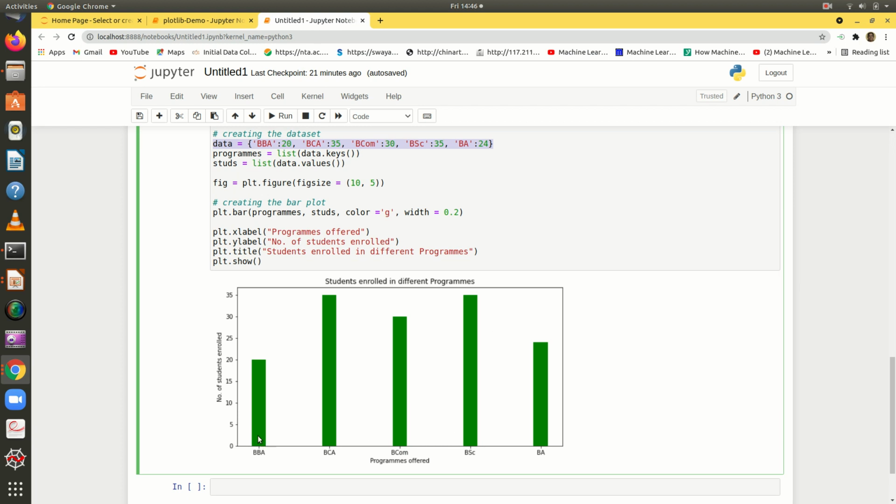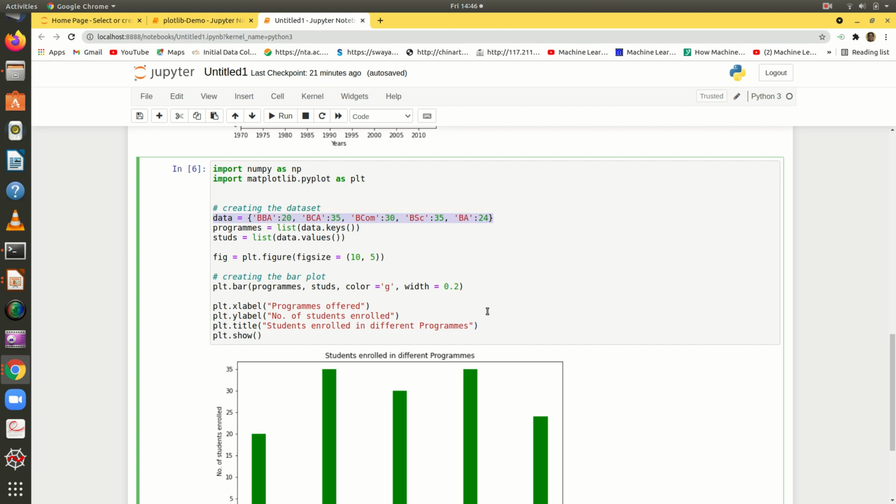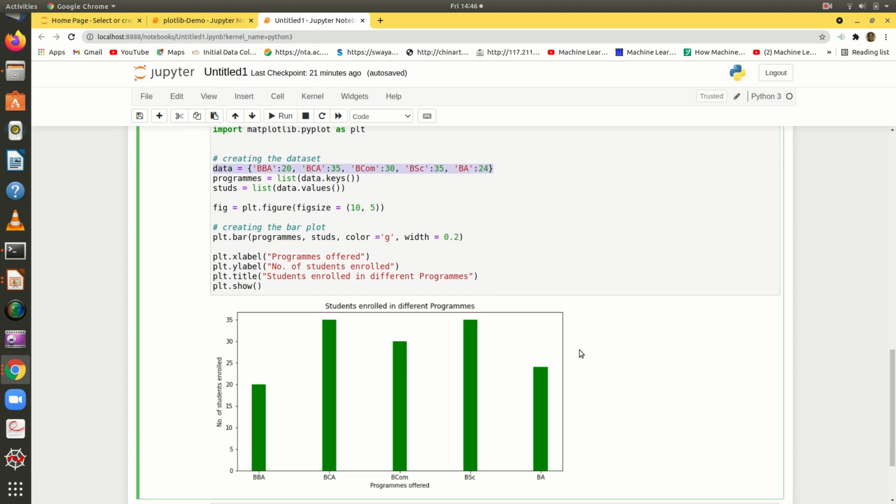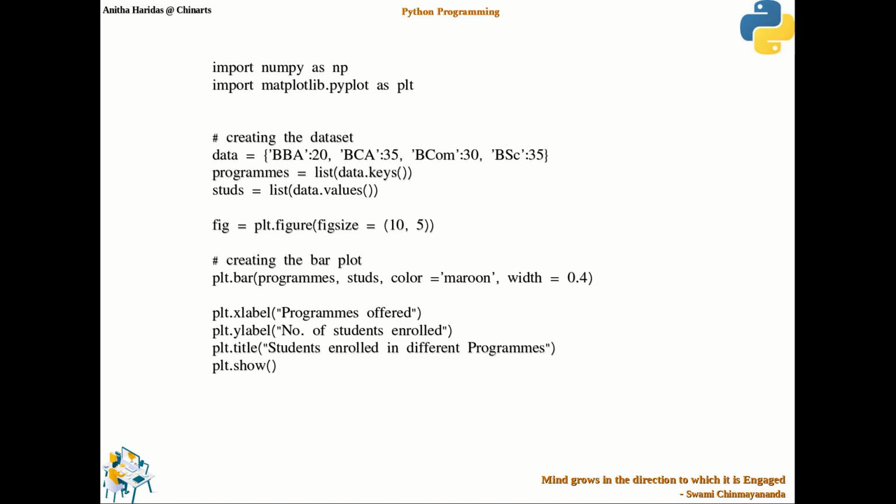In the same way, for BBA the number of students enrolled is very low, which can be easily seen by the executive members of the management and whoever may be using this graph for analysis. So that is the advantage of data visualization, which is easily done using Matplotlib. This is how bar charts are created in Matplotlib.